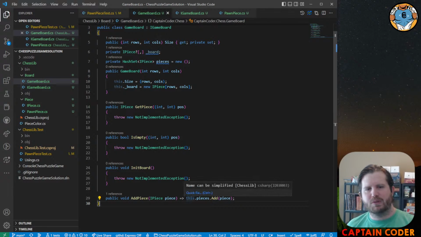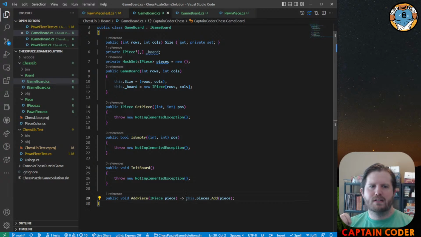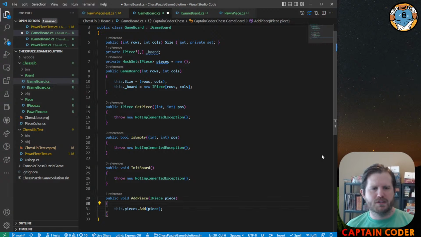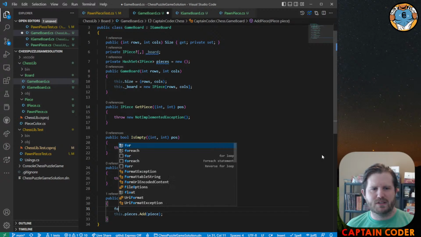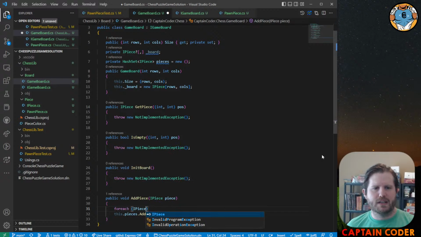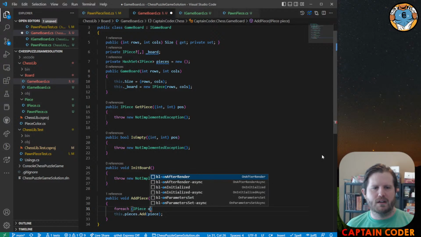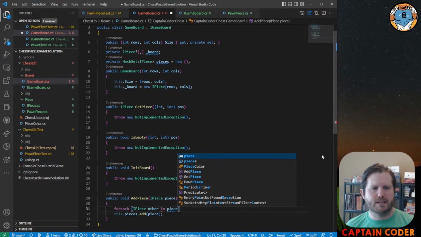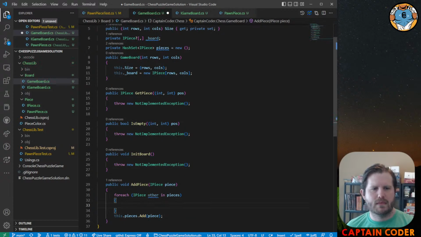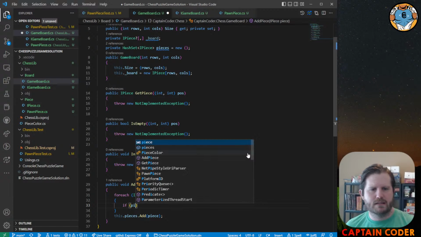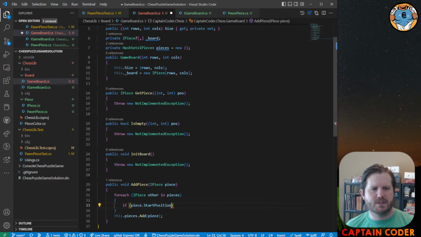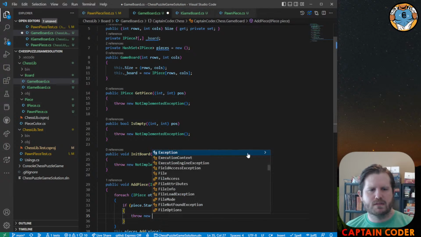But the thing I do is, I can't add a piece to the board in a spot where another piece has a starting position. So I have to loop through all the starting positions for each piece in other pieces. If piece.StartPosition equals other.StartPosition, we're going to throw a new